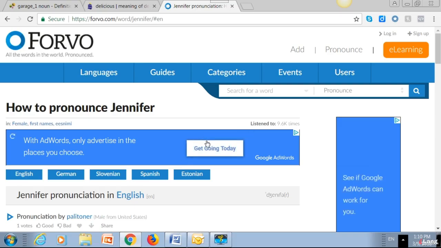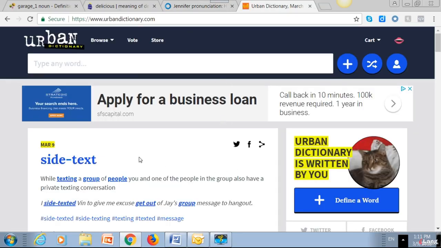All right, so I hope this demonstration was useful for you, and I want you to go ahead and use these online dictionaries in your practice. Anytime that you come across words that you are not sure how to pronounce, I want you to check in these dictionaries. And here is one more dictionary that I'd like to recommend for you. This dictionary, unfortunately, does not have any pronunciation, but it is full of all kinds of words that you might come across in English. And if you find a word that you cannot find the meaning of in the regular